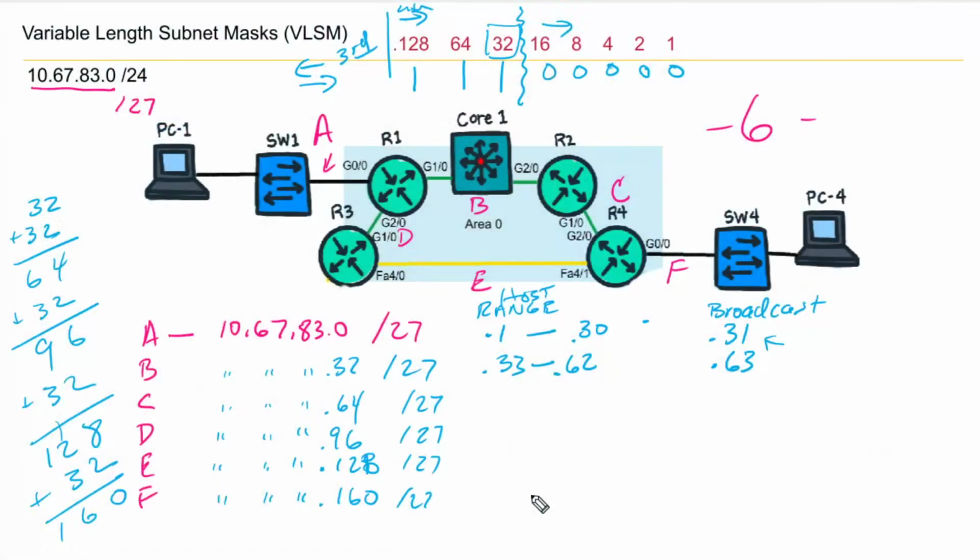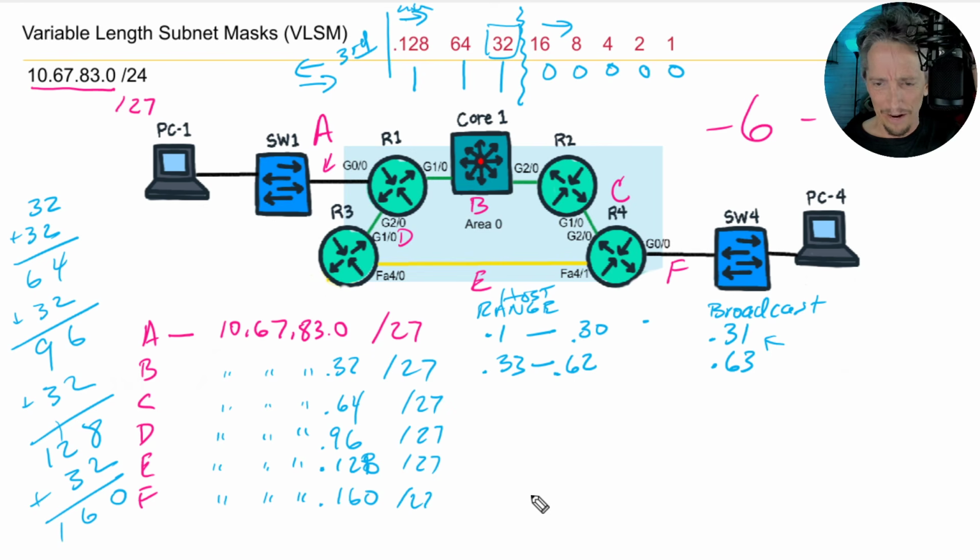And then they said, well, did you plan for how many hosts you need? And we might say, what? Well, wait, hold the phone. What do you mean, did we plan for how many hosts we need? And they said, well, on one of those subnets at the branch office, they're going to need to support 80 hosts. So we look back at our notes, which we'll do right now, and we say to ourselves,